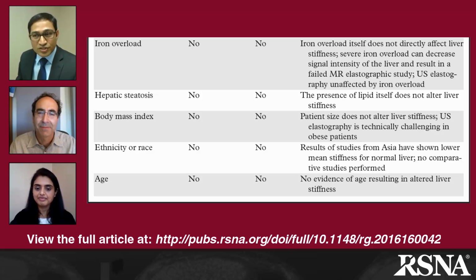But in summary, I would say both ultrasound and MRE are useful for evaluation of liver fibrosis. And we have to pay particular attention to confounding factors such as passive congestion, heart failure, acute inflammation, acute alcohol intake. These can falsely elevate the liver stiffness. And always perform elastography in fasting status and follow up the same in fasting status.